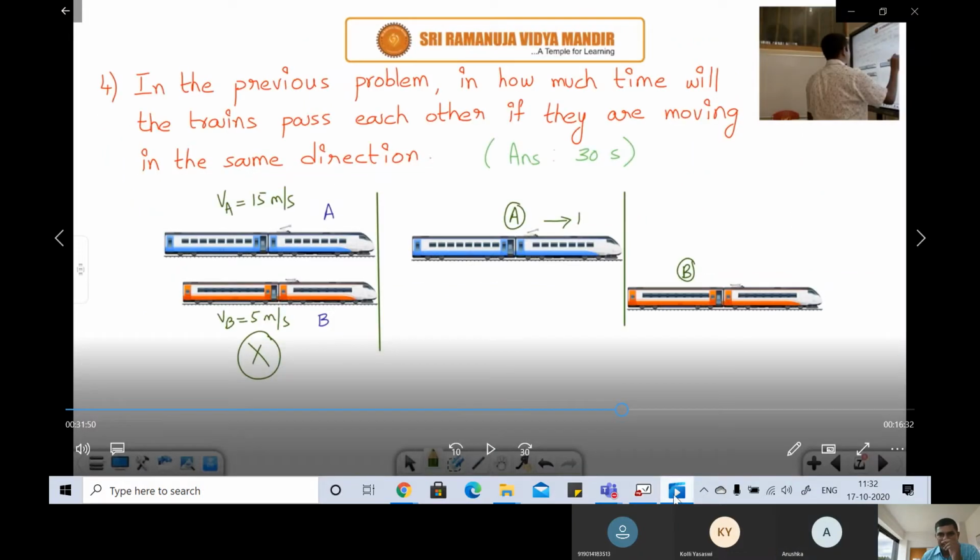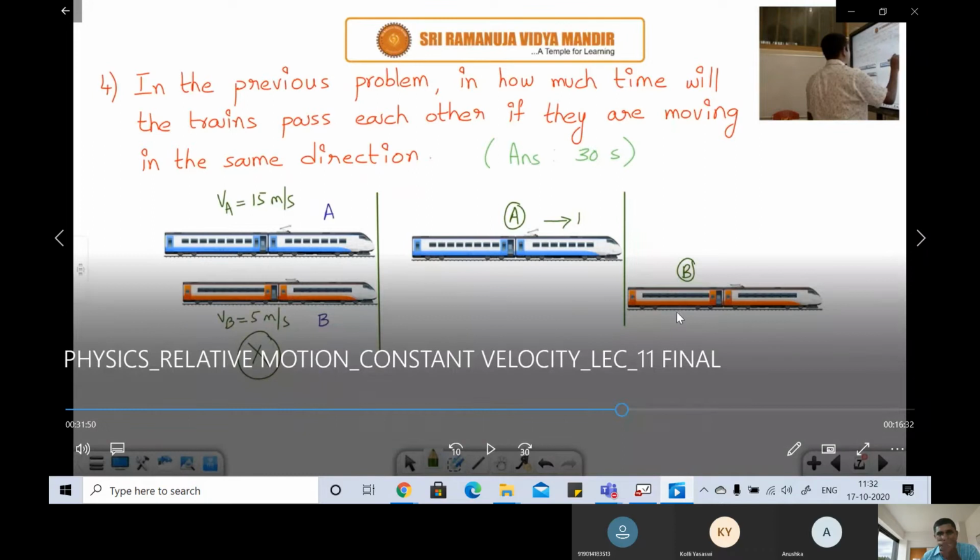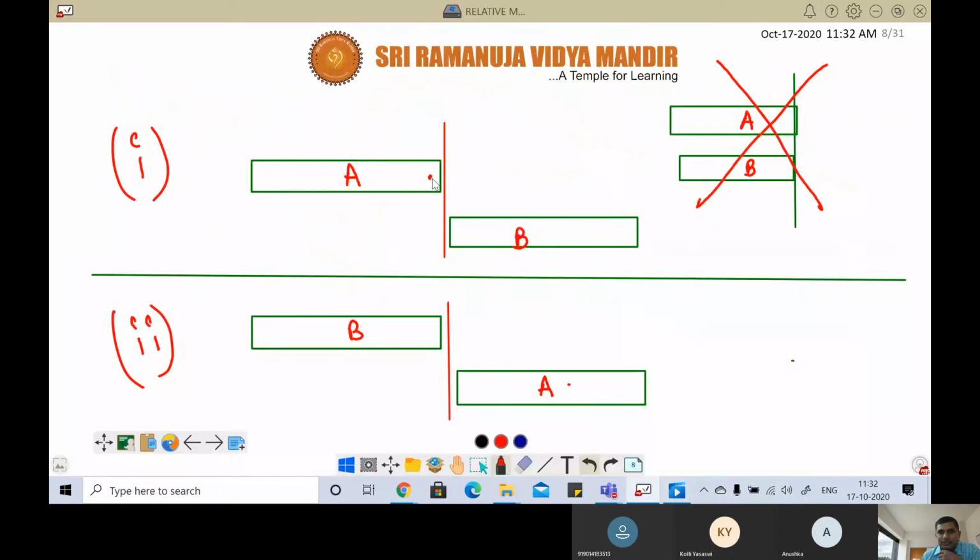To start means like this. You're telling, na? Now here in the question they told that if they are moving in the same direction, when they are moving in the same direction, we should take it like this. The engine of A is here. This is the engine of A. This is the engine of B. Sir, then both are correct because it's just different frames. These both are correct. No, you can just tell whether it is wrong or both right. Both are correct is what I feel. Okay, both are correct.